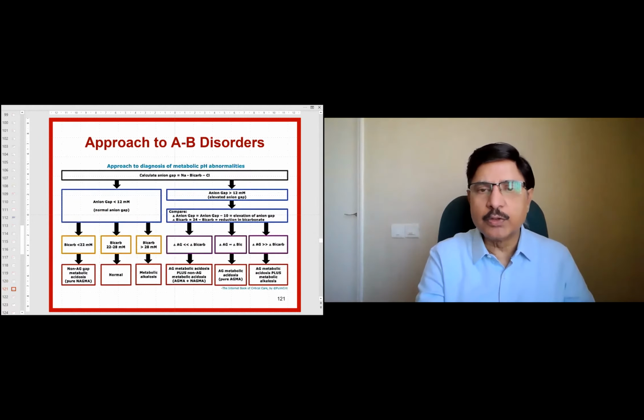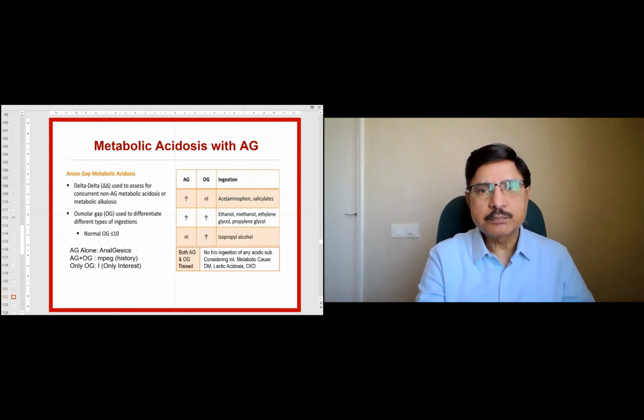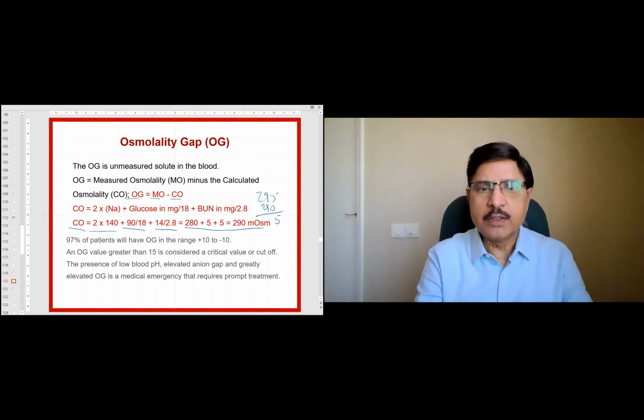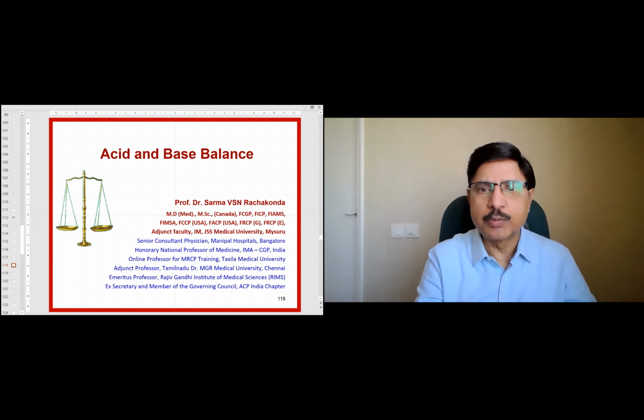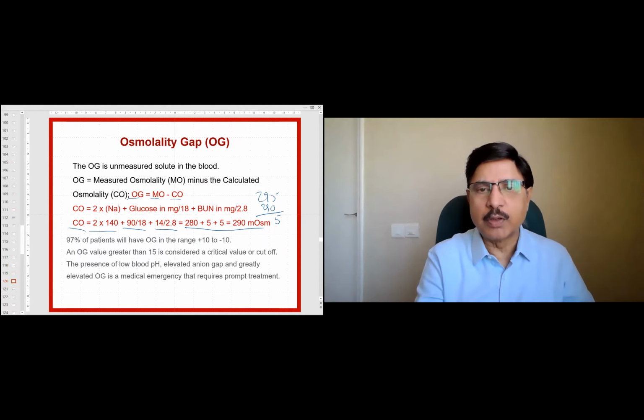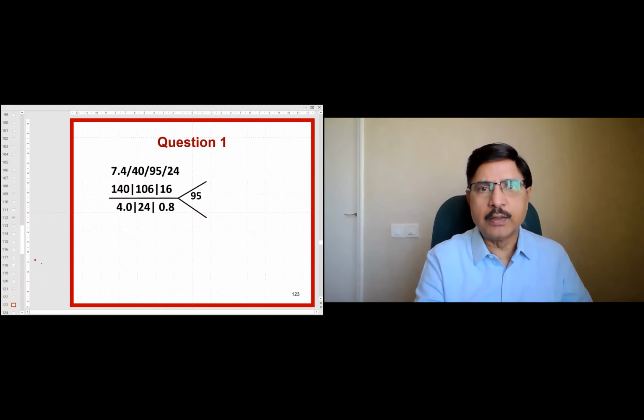This chart is very useful. We will come back to this and I'll explain it with examples. This is also equally useful. Why I brought these charts is that you require to keep this in mind, and you also require Winter's formula with you. This one is important. That should be with you, and then Winter's formula also should be with you.